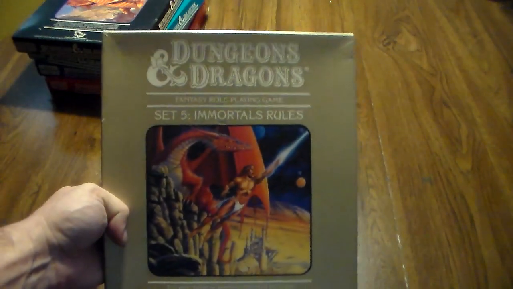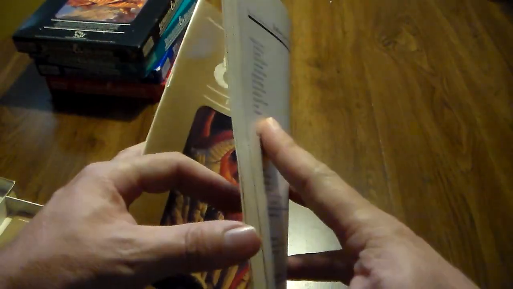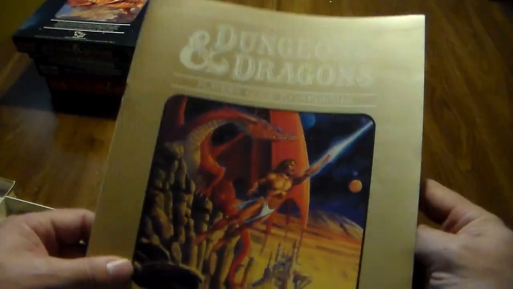It's my fault, folks. And once you get to level 36, what else is there to do but become immortal? Your character becomes a god. Oh yeah, also the Master set had rules for artifacts and stuff like that as well. So, Player's Guide to Immortals. Yeah, I know, the cover, laugh about it. Anyway,